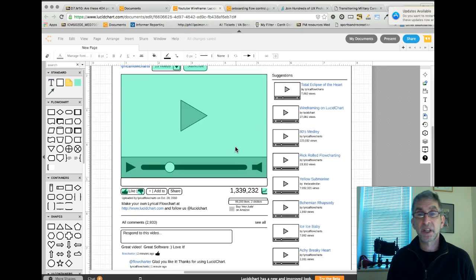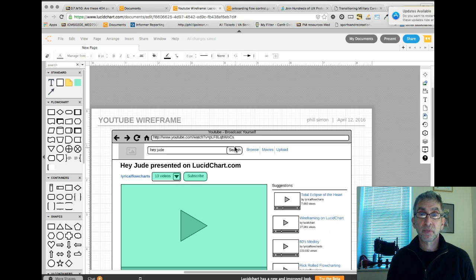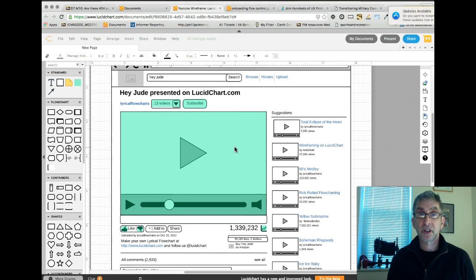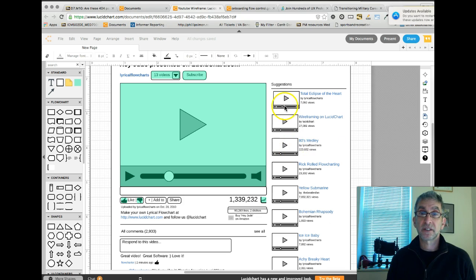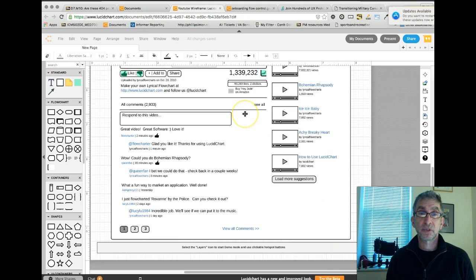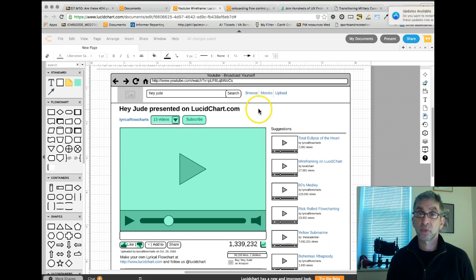This is sort of mid fidelity. It's not quite low because there's a lot of precision about where things are, and it's not high because it doesn't show all the colors and various logos and whatnot. And in fact, some of the things aren't even aligned well, so there are some issues with this. But it gives you an idea what a wireframe looks like of a page that you see on a standard, assuming you use YouTube. So actually, going back to